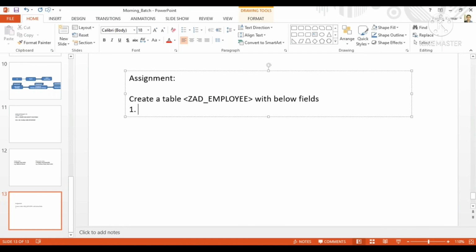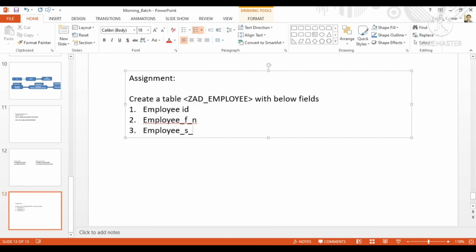The first field we will use is employee ID. The second field is employee first name. The third is employee second name. Then you can use age and salary, something like that.